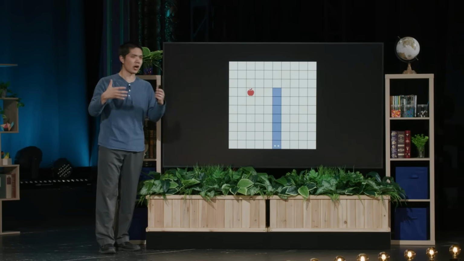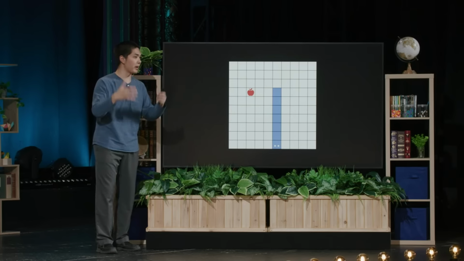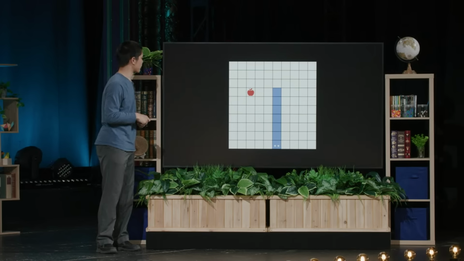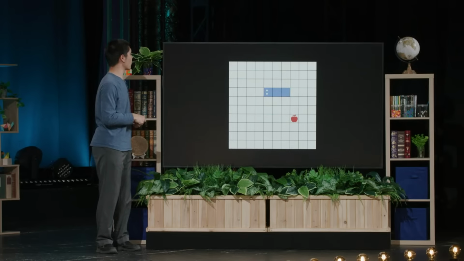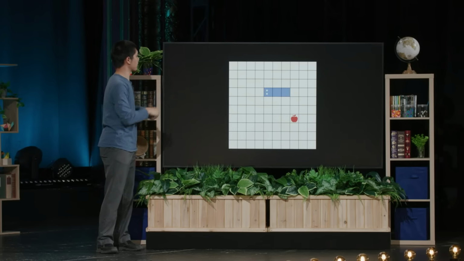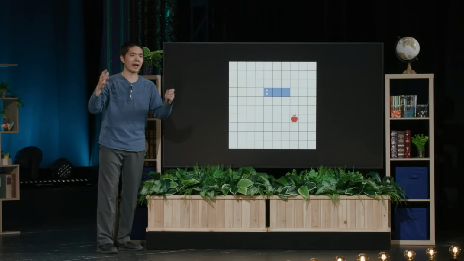And that's a fair bit of logic that we'd have to encode inside of a computer. But where we might start is the way that you and I might start when we are playing a game for the first time, which is that we could start completely randomly. We could say, what would it look like if we were to train the AI to play this game completely randomly? We didn't give it any kind of strategy. We just said, at any given point in time, make a move and see what happens.